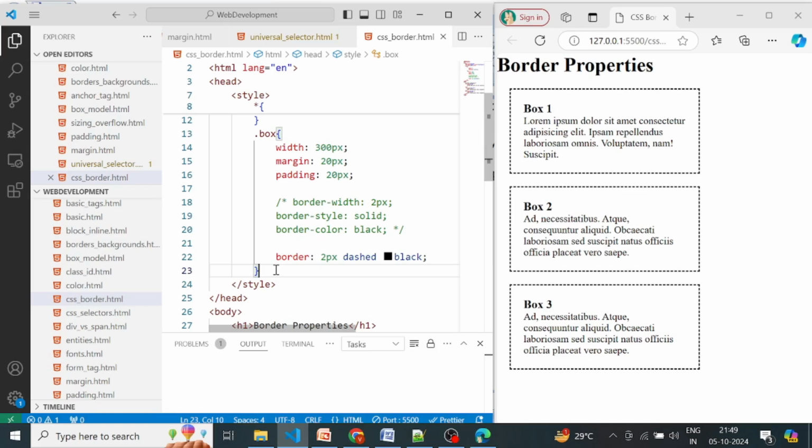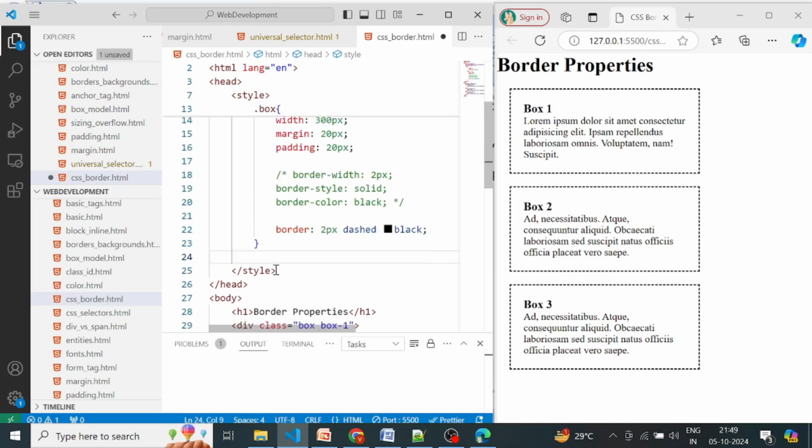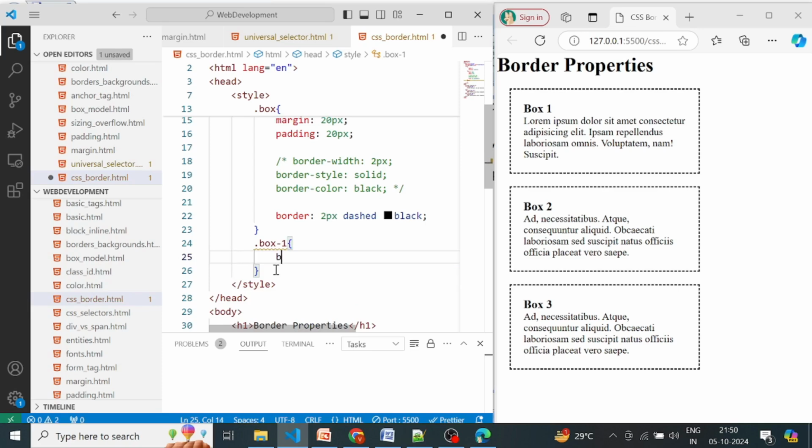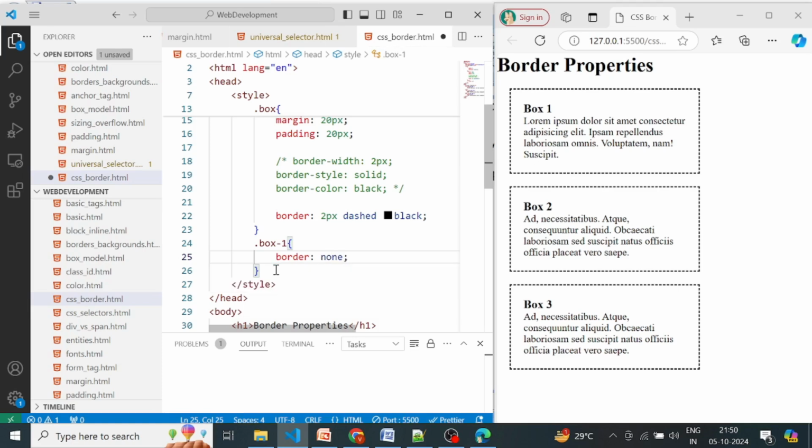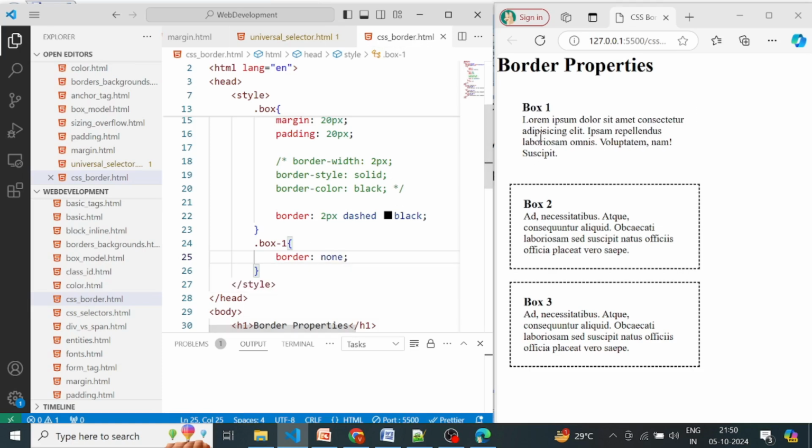So suppose for box 1 I want to remove the border. Okay, so then I need to choose the class dot box 1 and border none. So here for box 1 I have removed the border,